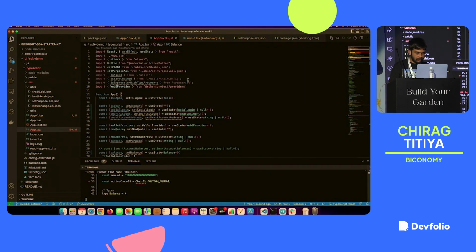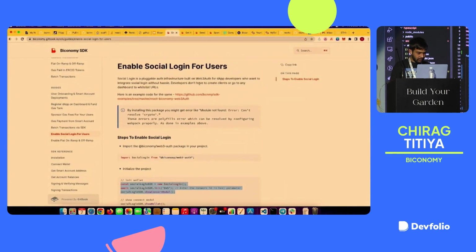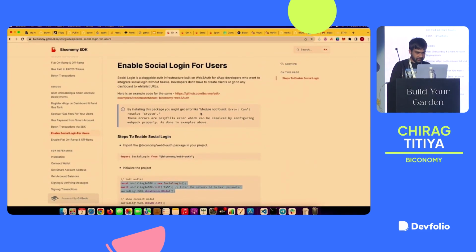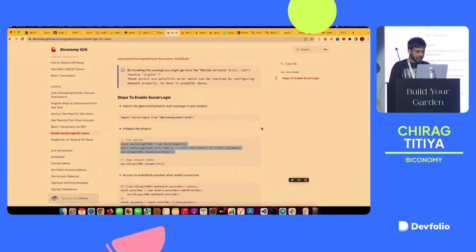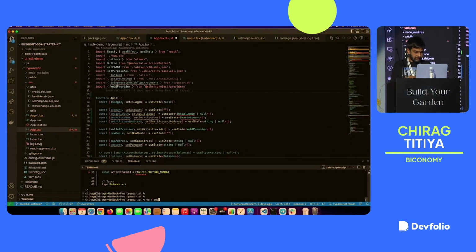All right. So first we need to import some packages from the Biconomy SDK. But first I'll start with social login. For that you import Web3Auth. So I'll just do yarn add,